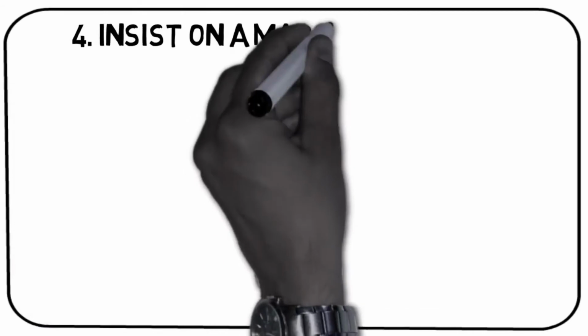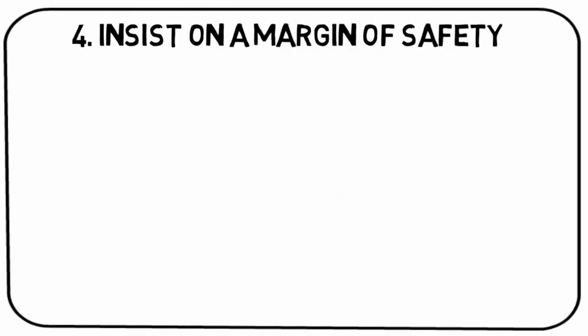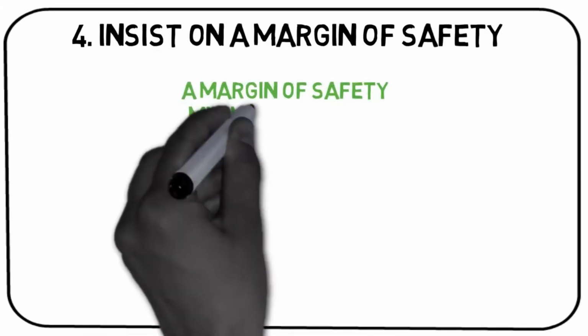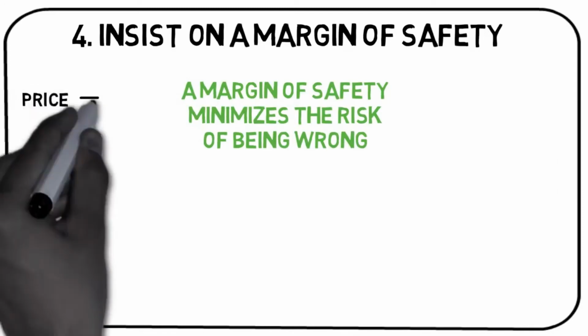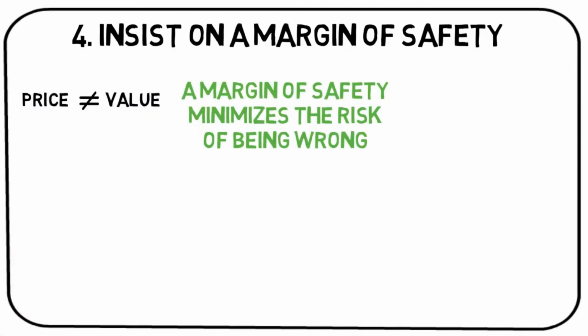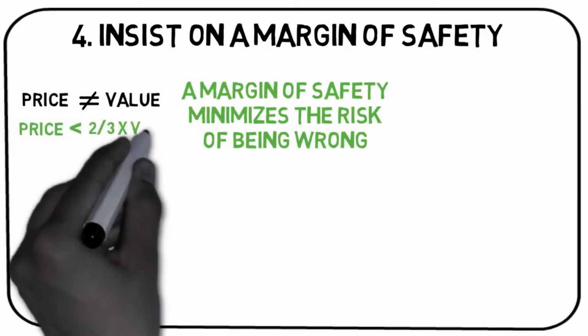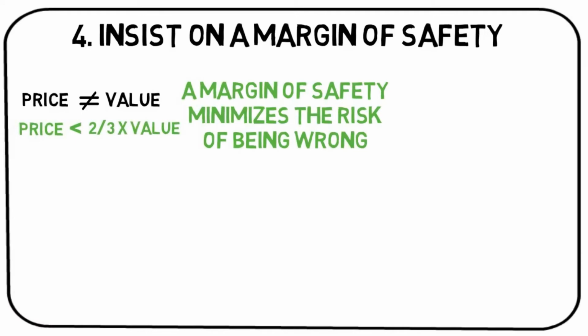Takeaway number 4. Insist on a margin of safety. There's one risk that no careful consideration can truly eliminate: the risk of being wrong. You can, however, minimize this risk. To do this, you must insist that every investment you make has a margin of safety. As mentioned before, the price and value of a company is not always the same. When the price is at most 2/3 of its calculated value, the investor has found a company with enough margin